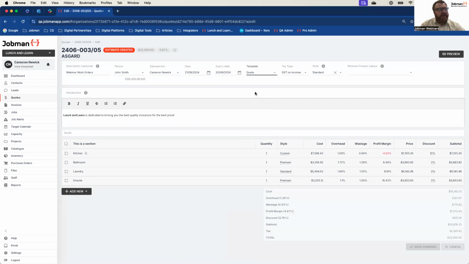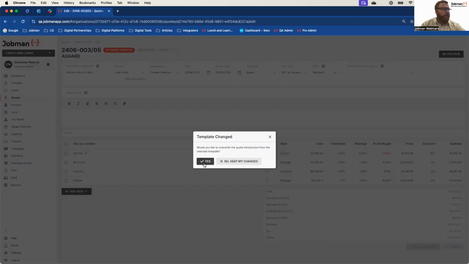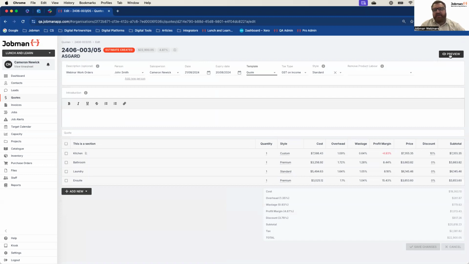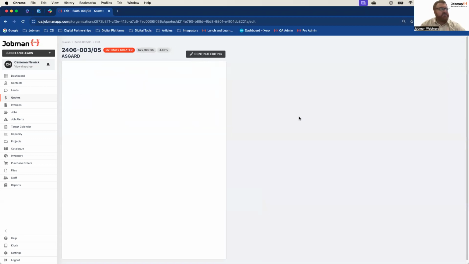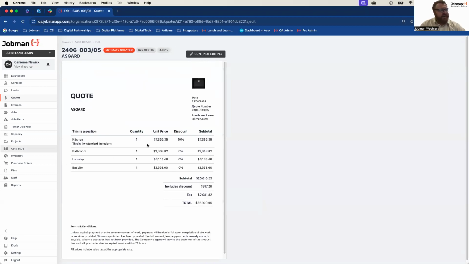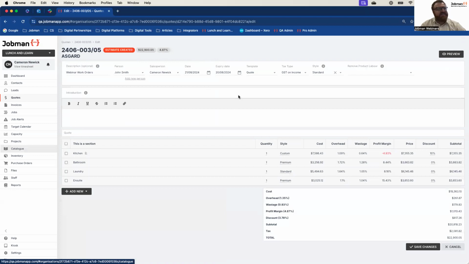I can simplify it. You can have different templates ready to go so that I can change them at the flick of a button between different client types. So I can simplify it. I just want to show what these amounts are. The client just needs to see them, et cetera. All of that information at my fingertips.